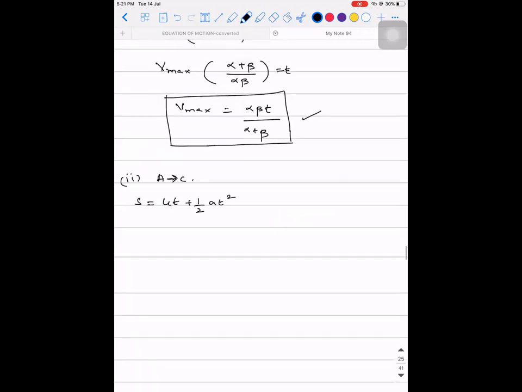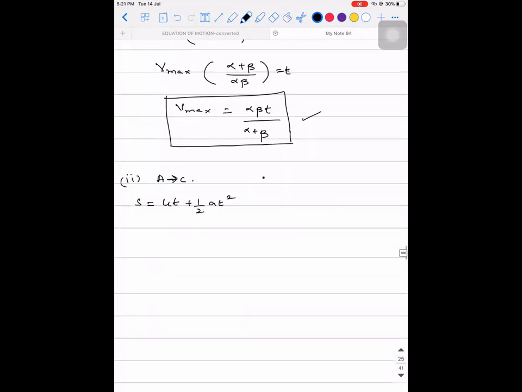Right. So let's say again I'm drawing this diagram up. Let's try to analyze this part. So A to C, C to B. If I call this distance S1, this distance is called S2. They're asking what is the total distance covered in time T. So S1 is covered with an acceleration of alpha, and the time taken is T1. S2 is covered with beta and T2. I hope it is clear, right?